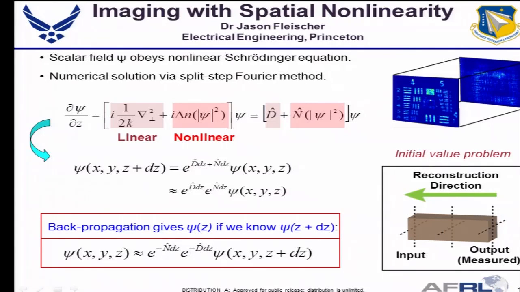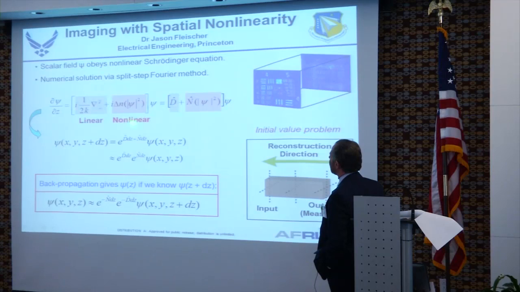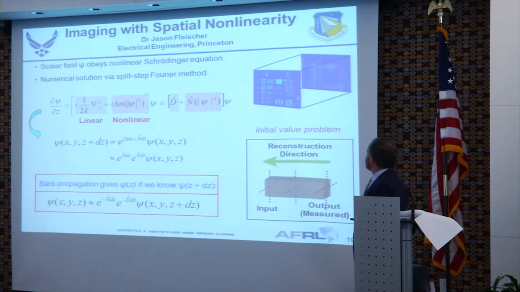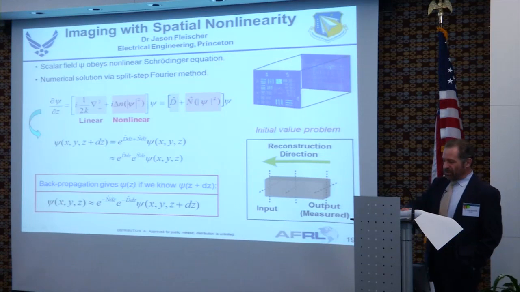Now here's, I think, an interesting boutique thing I'm doing in nonlinear optics. It's imaging. So this is Jason Fleischer. He's at Princeton. First of all, I've written here what is called the classical nonlinear Schrodinger equation. It has a linear part, this and this. It has this nonlinear part, which multiplies psi. And the question is, so what?